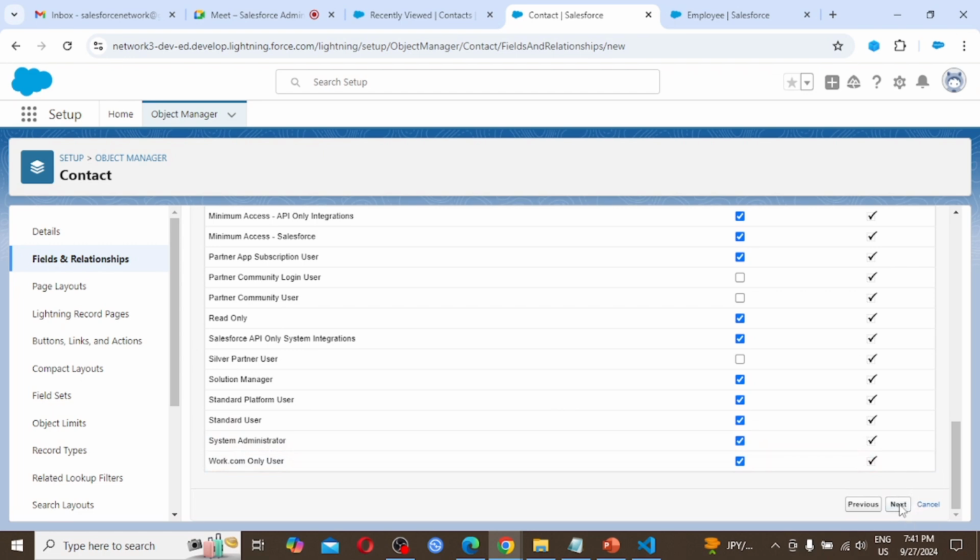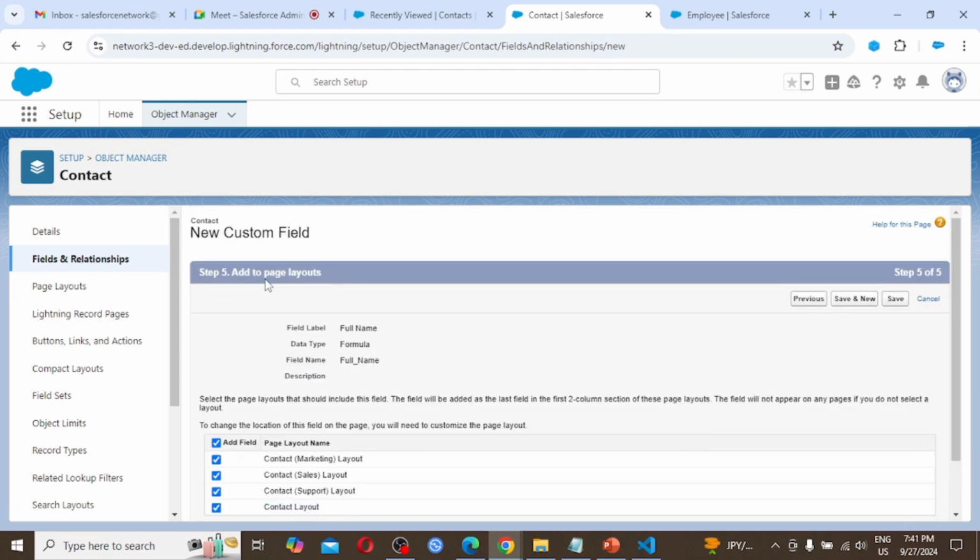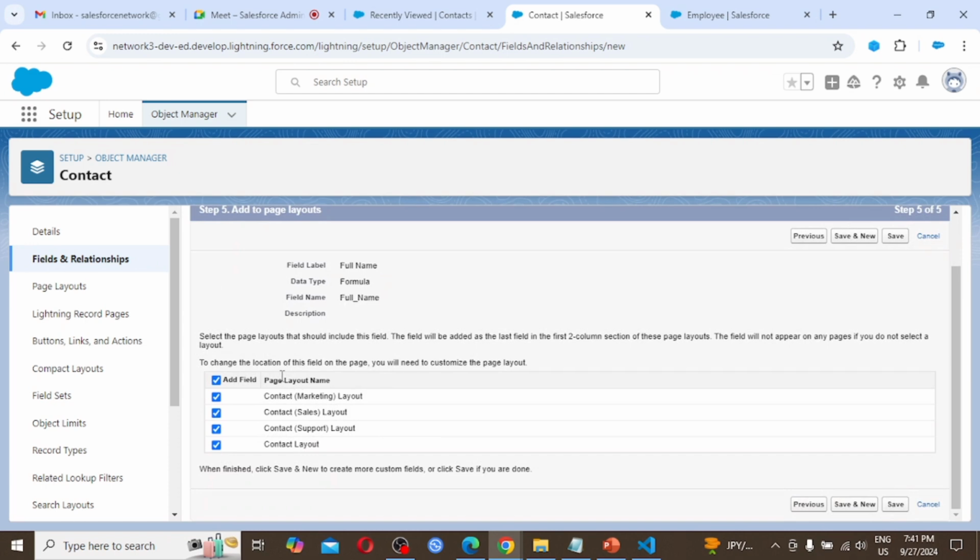So click next, add to page layouts. As this is a standard object, it has many layouts: contact marketing layout, contact sales layout, contact support layout, contact layout. The contact object is created by Salesforce and given to us.